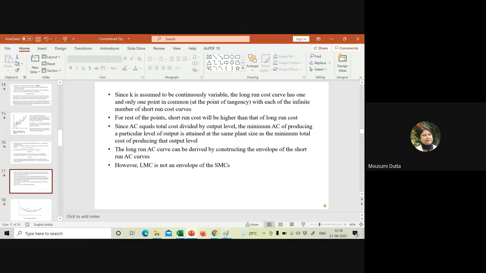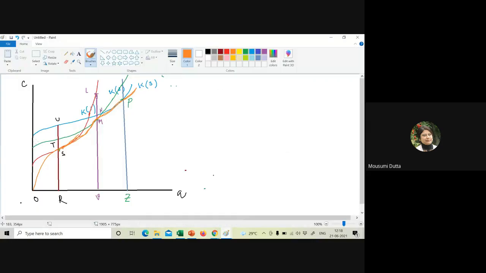Now, what I am trying to tell you is that for the output level OR, RS is the minimum cost, or K1 is the best plant size. This is the best plant size. However, if output changes only in the neighborhood, plus minus something,